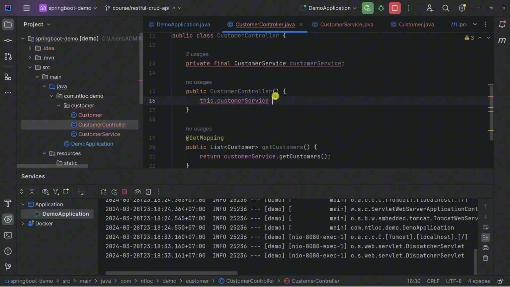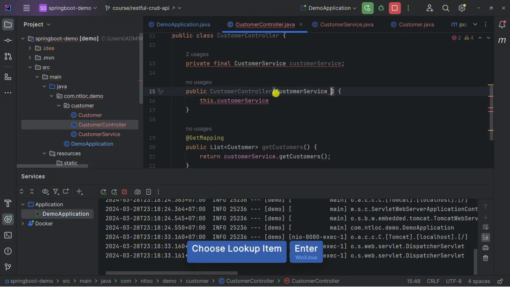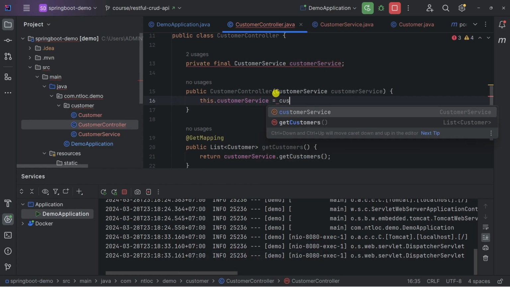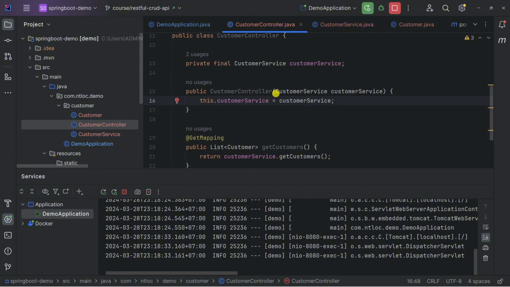So for this case, let's add the customer service and then this.customerService equals customerService. But this is not done, because in the back end, we need to tell Spring to understand this customer service is injected into this controller via the constructor.